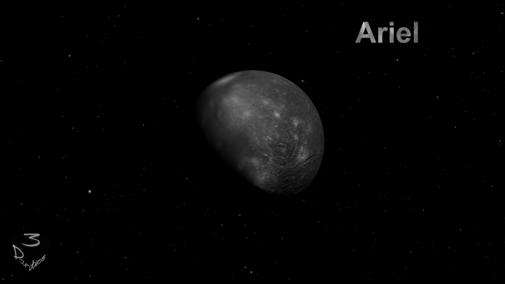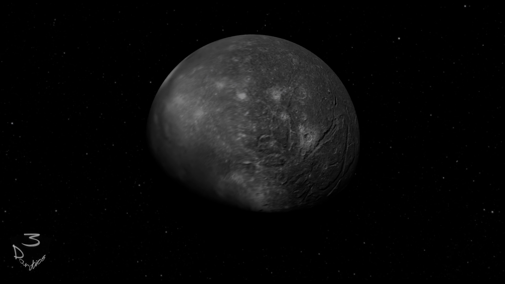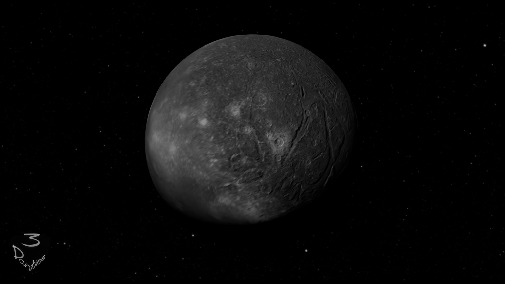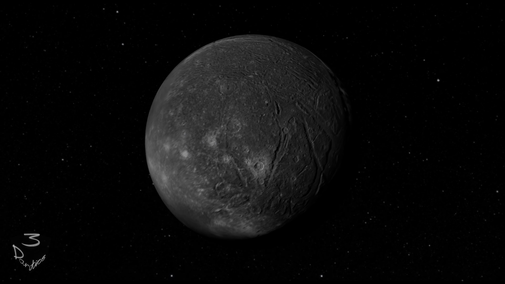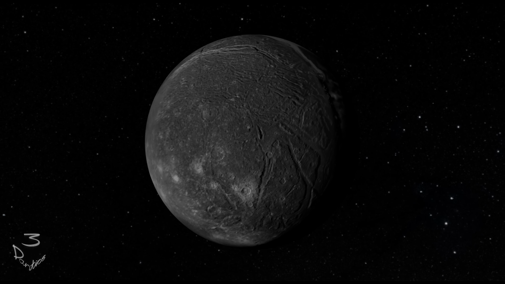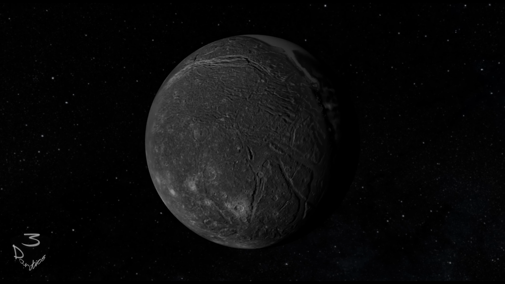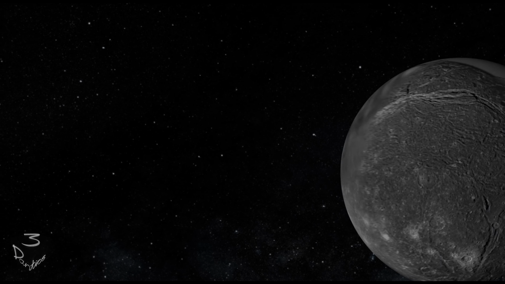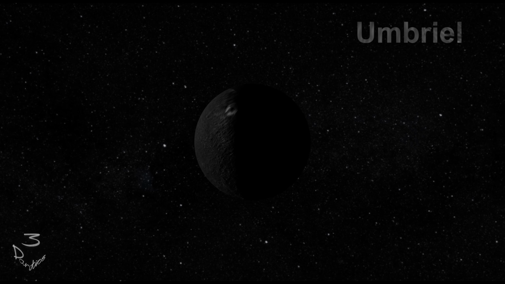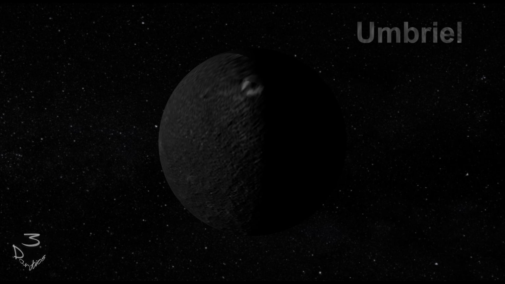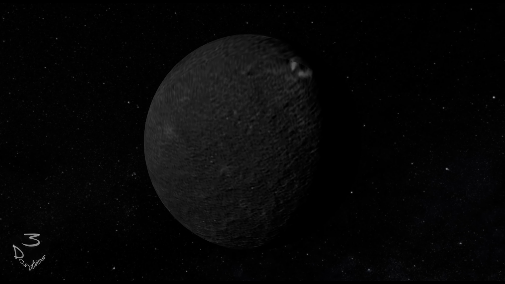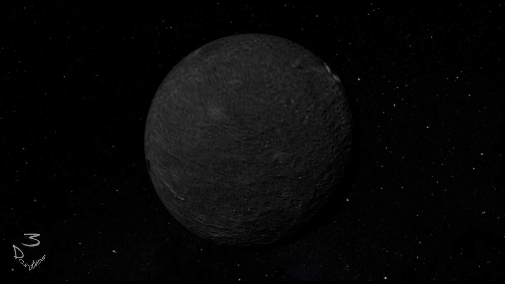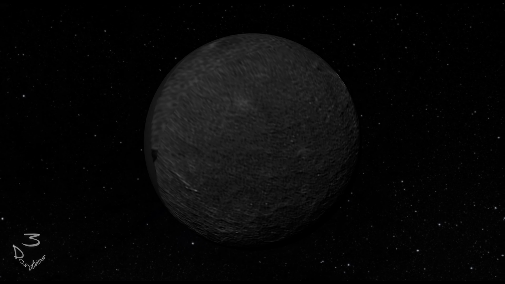35% of Ariel has been captured, well enough for what scientists term geological mapping, and it's quite a young moon, possibly formed from the debris left behind after the giant collision which put Uranus on its side. Umbriel has a really dark surface. It reflects only 16% of the light that strikes it. 40% of it has been captured, and it shows to have had a lot of impacts in its time.